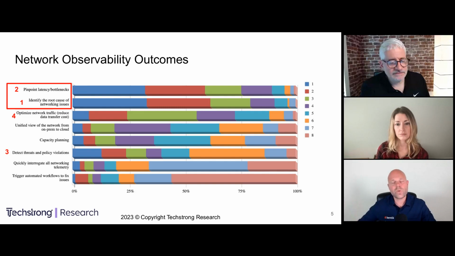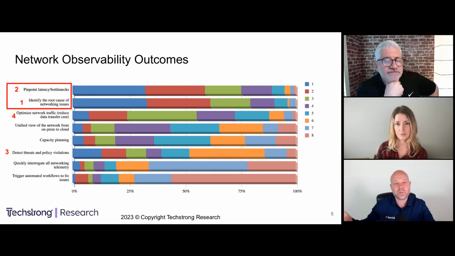Well, how do I know what's going on if I'm a network operator and I have users calling and saying, I have lousy application performance, or I have this going on? Well, you need people to identify all those things. Pinpointing latency bottlenecks often has very little to do with the network that you own and has everything to do with networks that you just get a little bit of telemetry from if you beg them and say nice things and say please to them. And that's where we are.